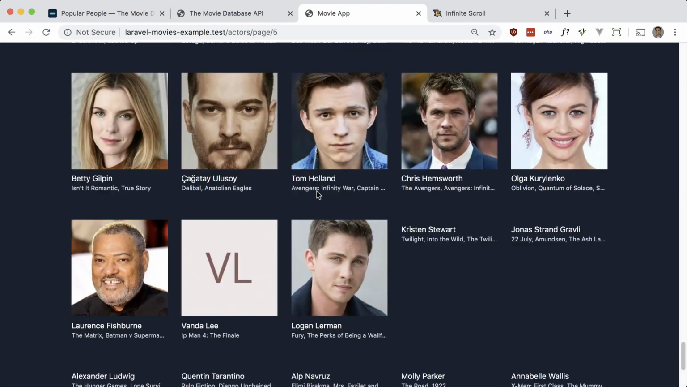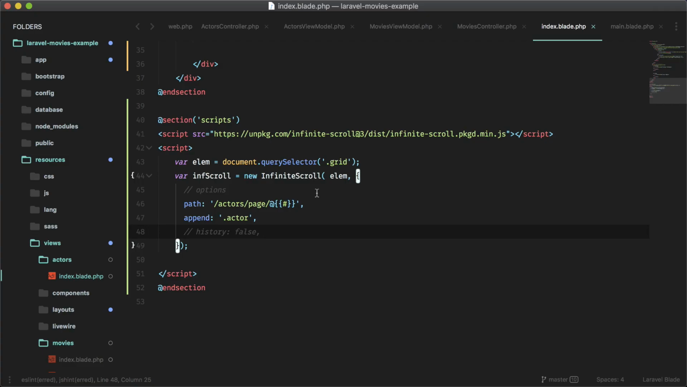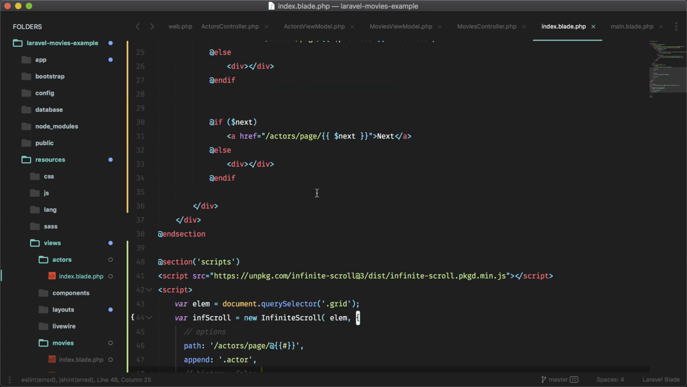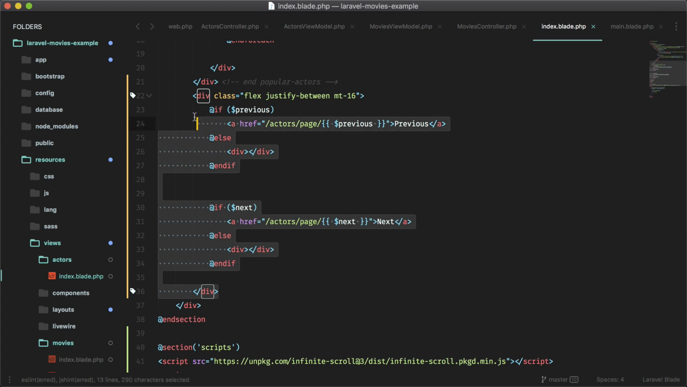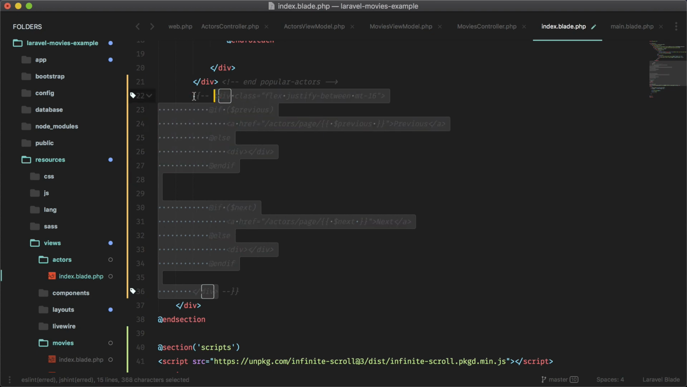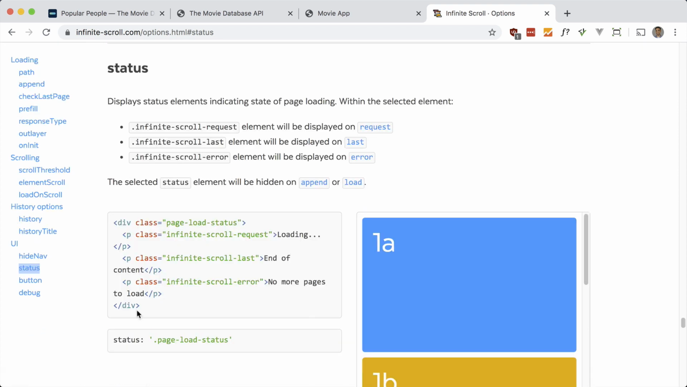And now that we have this, we no longer need the previous and next pagination. So we can get rid of that in our template. I'll just comment it out in case you guys want to use it. So I'll just leave that in and just comment it out. Okay. And if you go into the options in the documentation and you click on status, you'll see how to